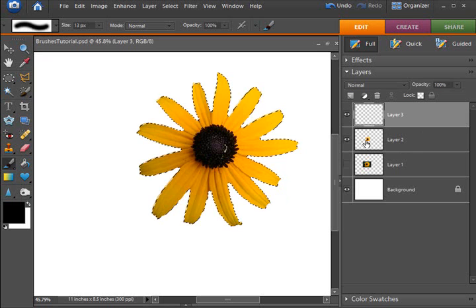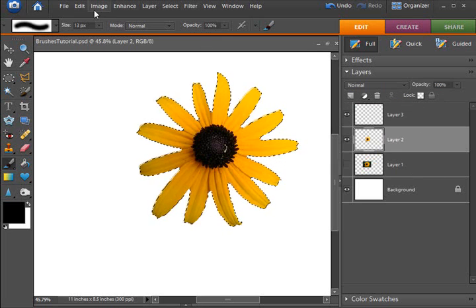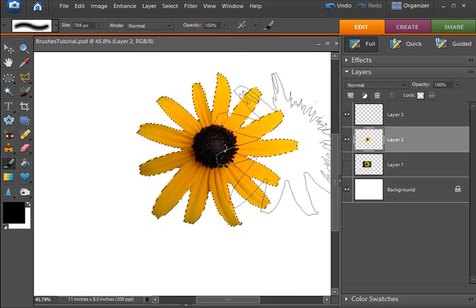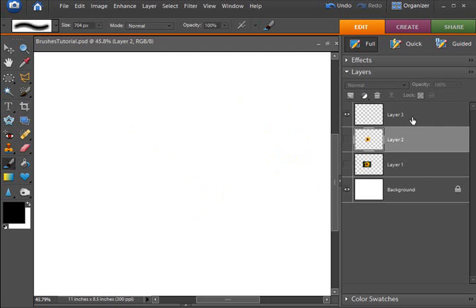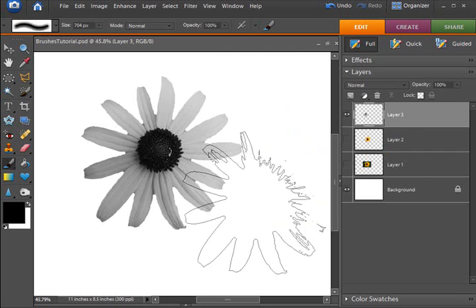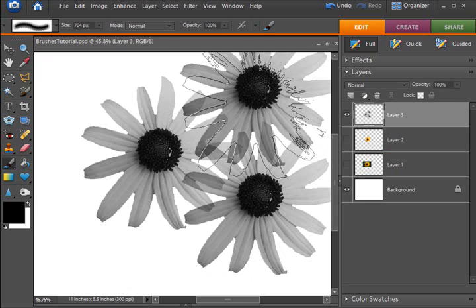Let's create it again. As we said, this is temporary, so you're going to have to work on getting those brushes saved right away. Let me make sure I'm on the correct layer, and I'm going to leave it named Sample Brush for this instance. Now on my new layer, I click,